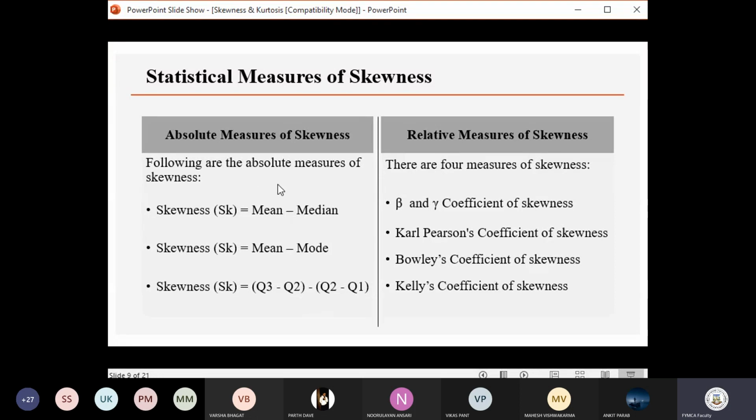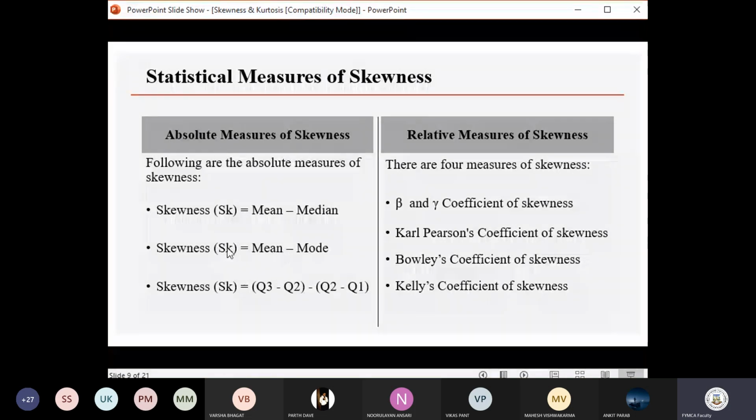Okay, so if the central tendency is not in a proper position, you can use this particular q3 minus q2 and q2 minus q1. Basically it is related to the median case. It is a situation where you are not in a position to use mean and mode. Then you can use the third case. Okay, so you are seeing the difference in which cases these absolute formulas can be used.